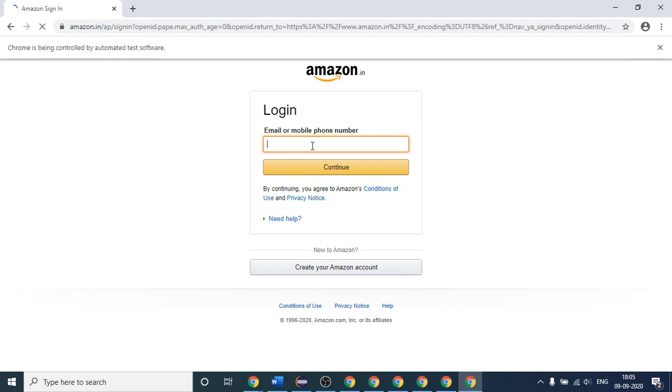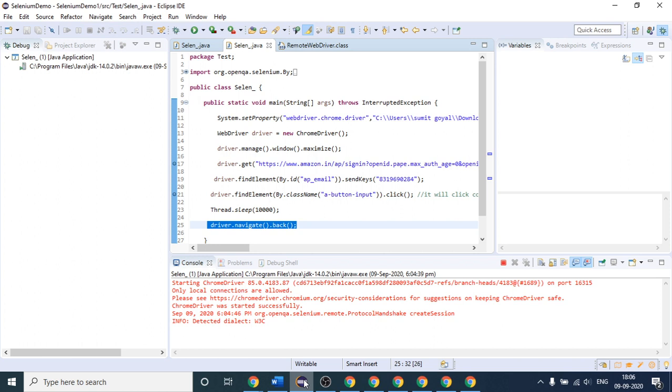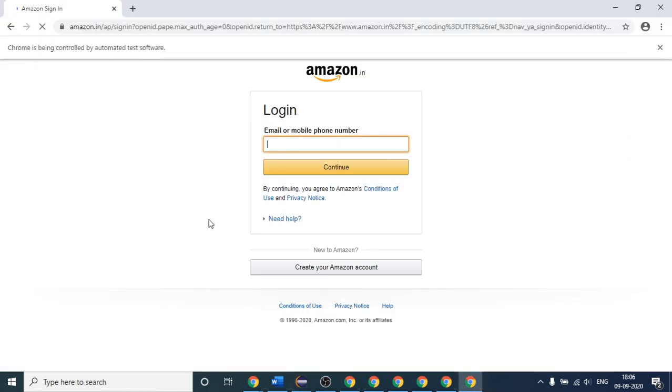Okay, it is taking more time, you can see. Maybe this time our script will fail because the site is not loading properly. I think we have to run our test case again in this case.